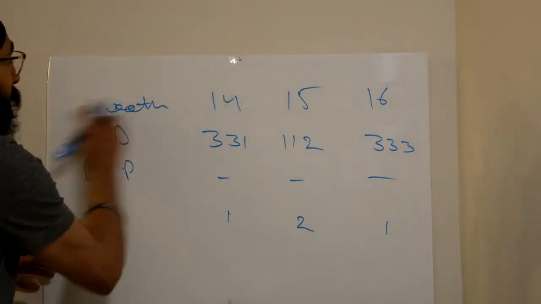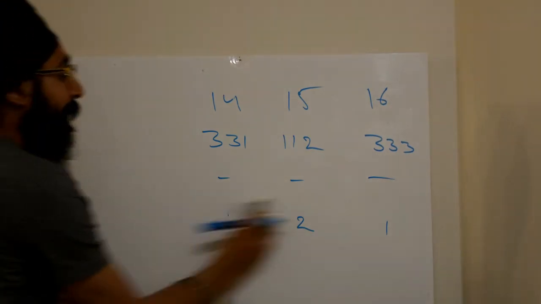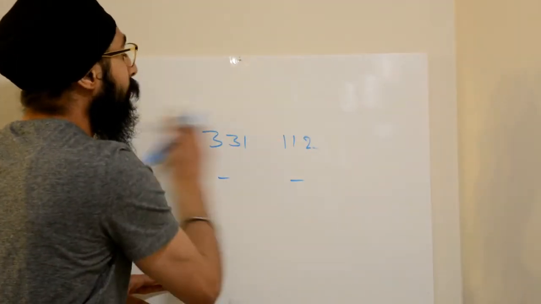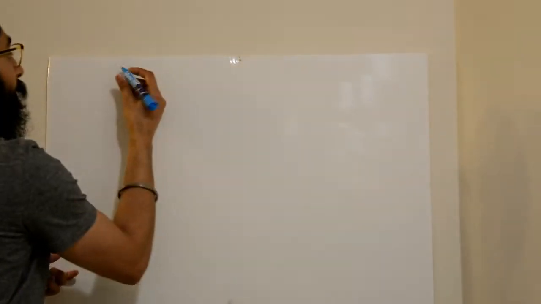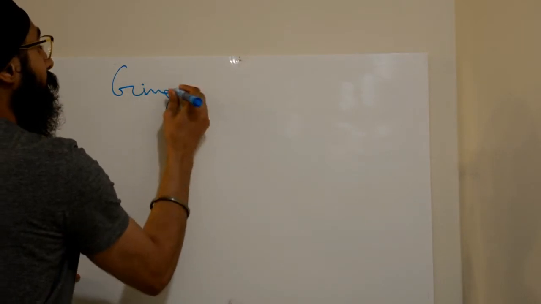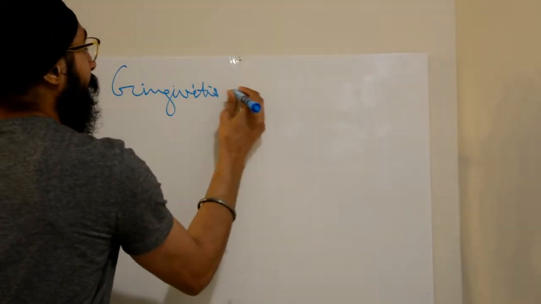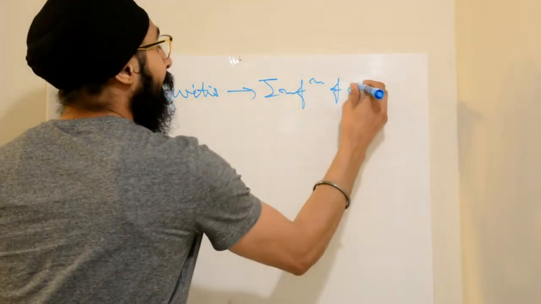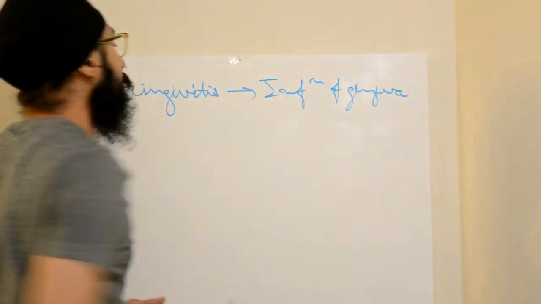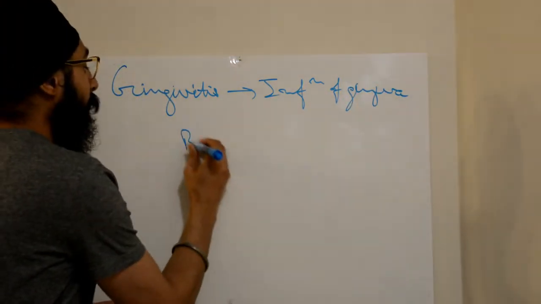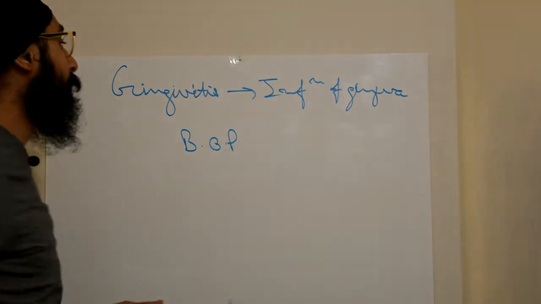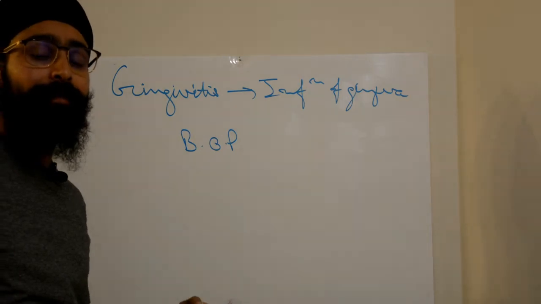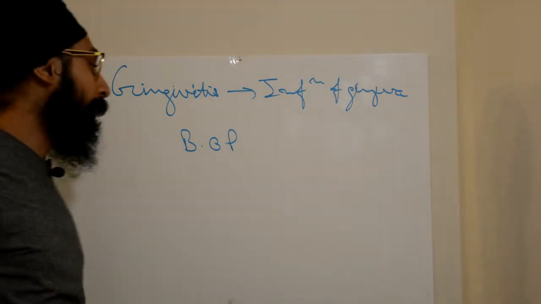Now let's come to gingivitis. Gingivitis, as you can understand from the name, it means that there is inflammation of the gingiva. Various clinical features of gingivitis are: first is bleeding on probing. It is a very important feature of gingivitis because the gums are inflamed and bleeding will occur even with the slightest penetration of the periodontal probe.